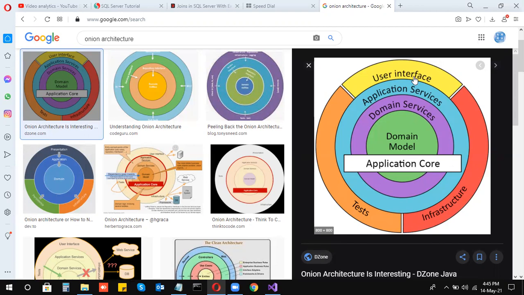When we create the UI part, you will understand what the UI section is in the onion architecture. Now I'm just creating the web API. So here the controller is the last part of your project. So let's start with the coding, sorry, with creating the structure.